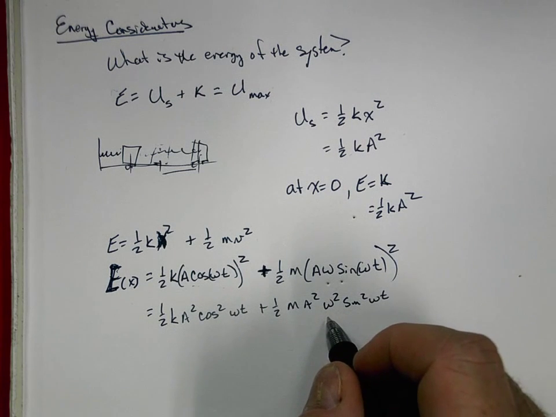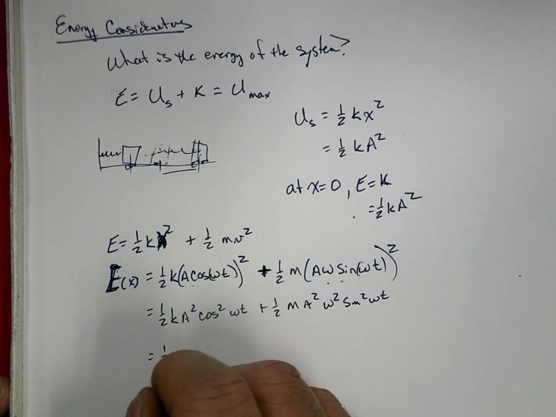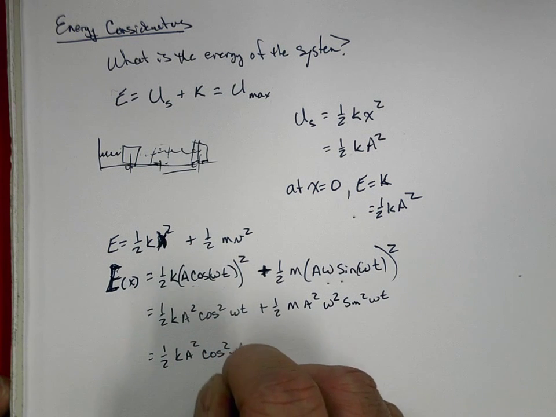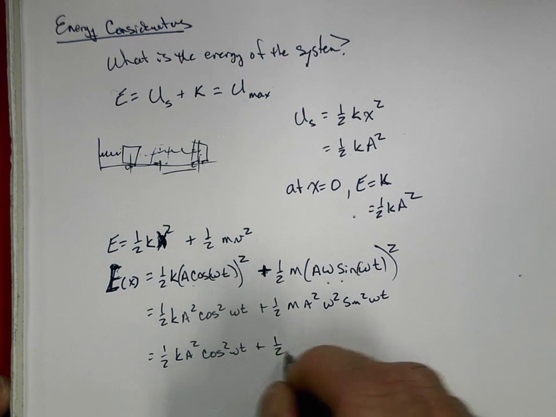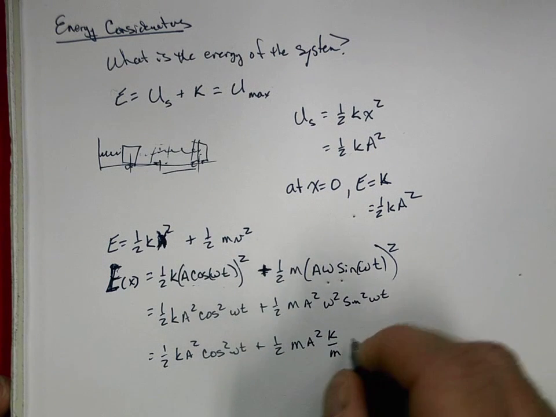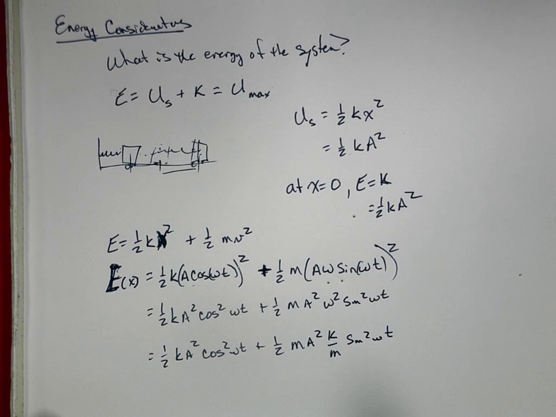Omega squared is k over m, right? So as Schmidt said over there, the m's cancel out. So what are we left with? If we factor out